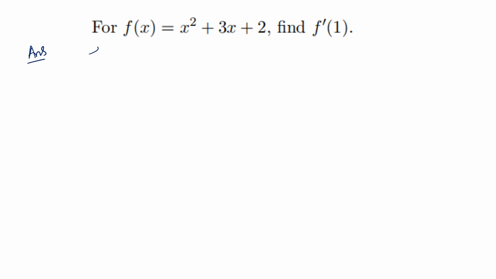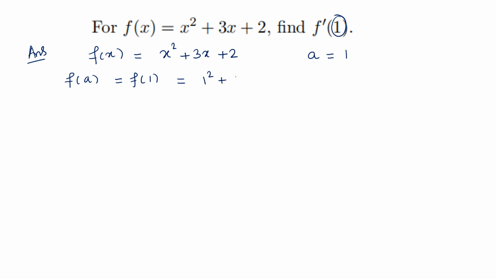What is f(x) here? f(x) equal to x square plus 3x plus 2. And a equal to 1. Immediately you can find out what is f(a). f(a) means f(1). In f(x), x is replaced by 1. So 1 square plus 3 times 1 plus 2